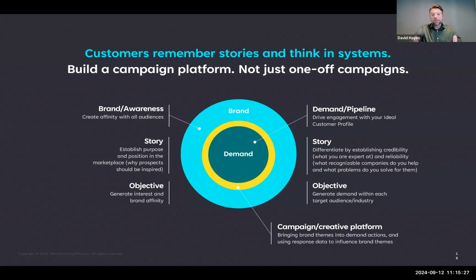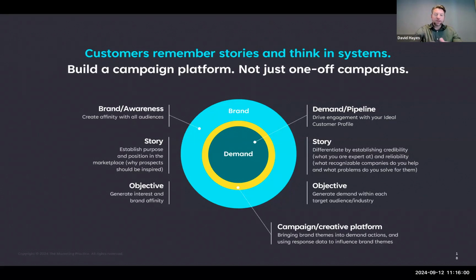Now, at the heart of this is to move away from this concept of creating one-off campaigns. I think, as we're all familiar with, it's easy in marketing to feel like success is creating campaigns, multiple campaigns that are targeting different audiences, different industries, different segments, and different stages of the funnel. But ultimately, a lot of that can create busy work and also complexity when it comes to reporting. So the clients that we're seeing out thinking their competition effectively are moving towards this idea of creating a core